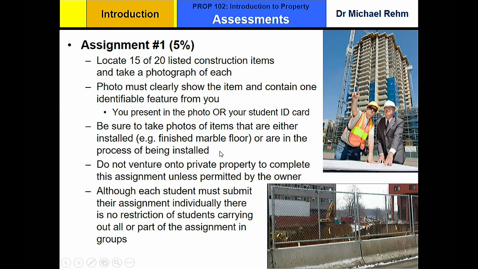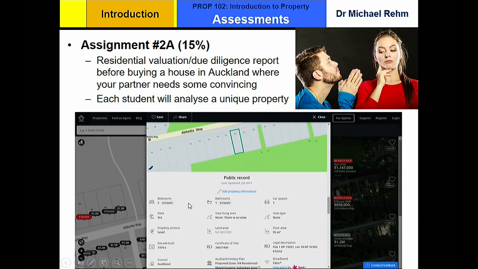Feel free, although I shouldn't say this, I do this every year, so I might as well tell you. If you're sitting there going, I've taken some photos and there's one that I just can't get, shoot me an email and say, is that marble? Don't sit there and say, can you please grade my whole assignment before I submit it? No, I won't do that. But if there's one or two photos you're kind of iffy about, just email it to me and I'll give you the feedback.